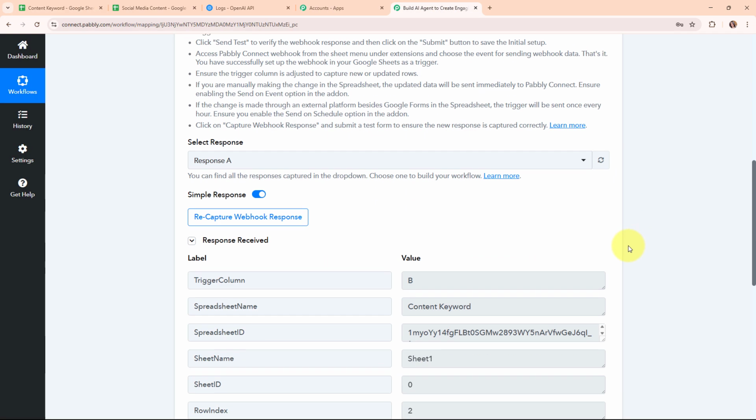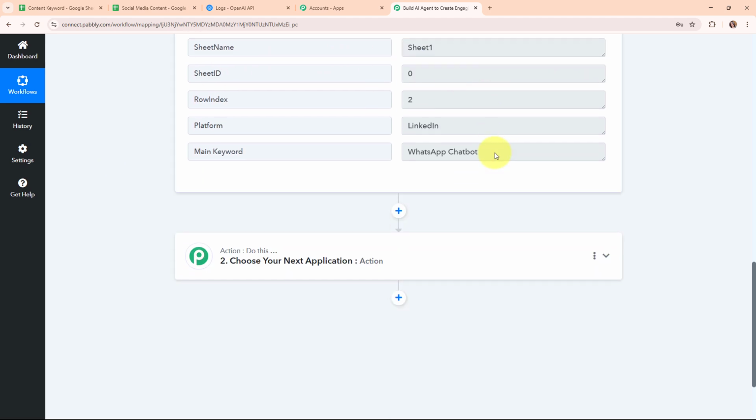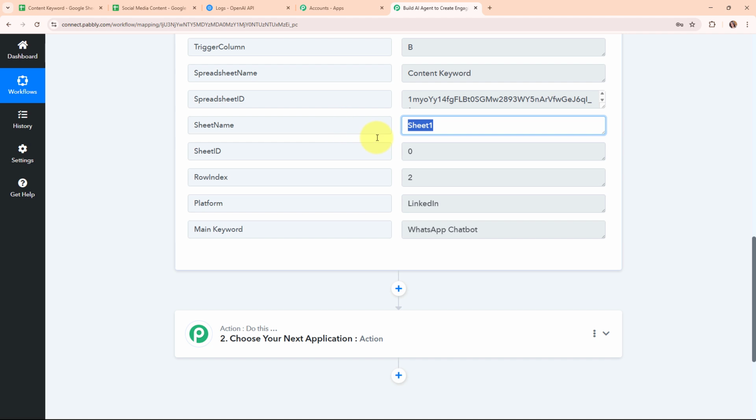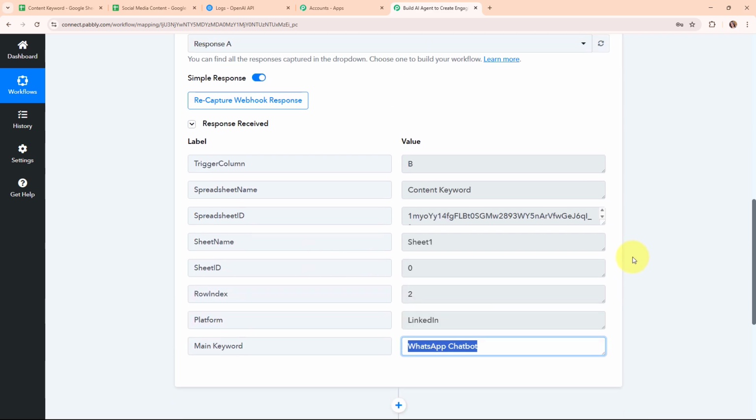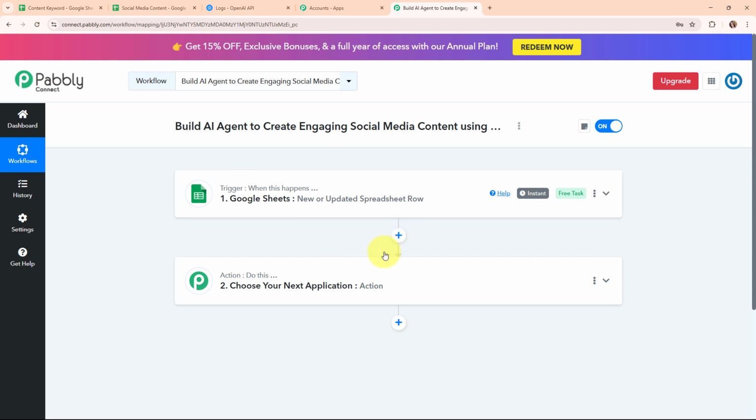And here you can see we have received a successful response, where we have received the trigger column, spreadsheet name, and scrolling a little down, the sheet name, sheet ID, row index, platform name, and the main keyword that we entered in our Google Sheet. Okay, so with this, we have successfully set up this trigger step. Once we add a new detail in our Google Sheets, then automatically Pabbly Connect is going